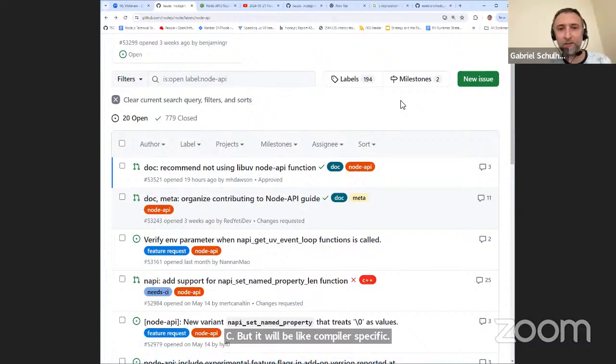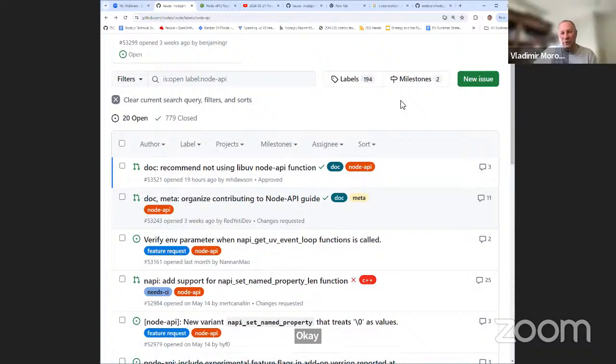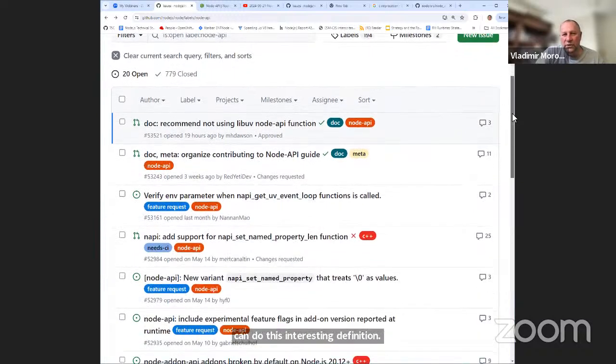That'll be a big fat macro. Right, so there can be a lot of ifs which check what compiler you use, and we probably can do this interesting definition. But it would be nice to reuse it for internal and external code, and maybe just borrow what you said, the existing one.